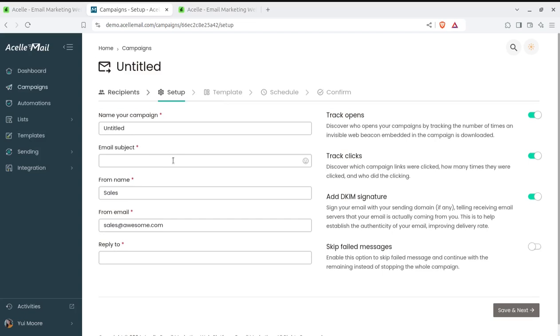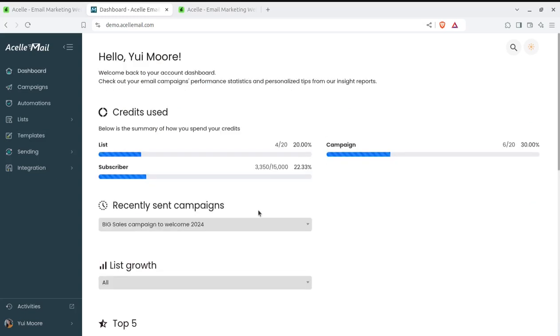Like entitled email subject can be written here, this from name, who is sending the mail, and reply to all, these basic things, and template as is shown in the admin screen. So template can be chosen, and the email campaign can be scheduled, and further confirmation can be done. So this is the campaign setting screen, and this is the main function that users are going to use for